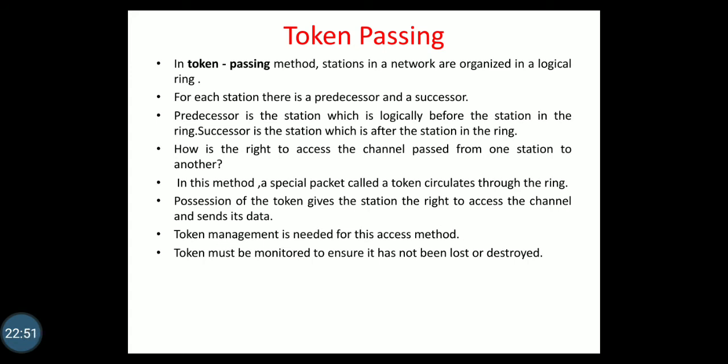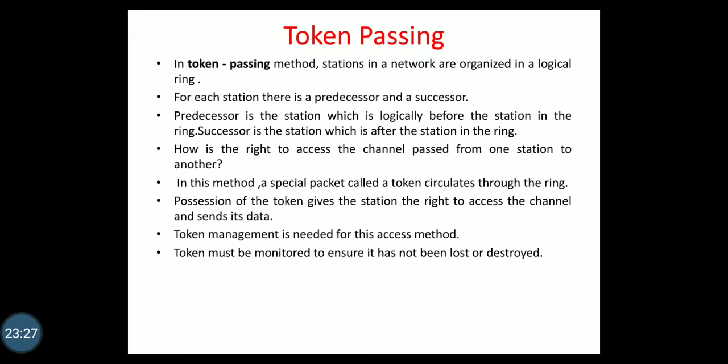But the question is, how is the right to access the channel passed from one station to another? In this method, there is a special packet, the so-called token, that keeps on circulating through the ring. Whichever station wants to have access to the channel and send its data takes possession of that token. So it is said that the possession of the token gives the station the right to access the channel